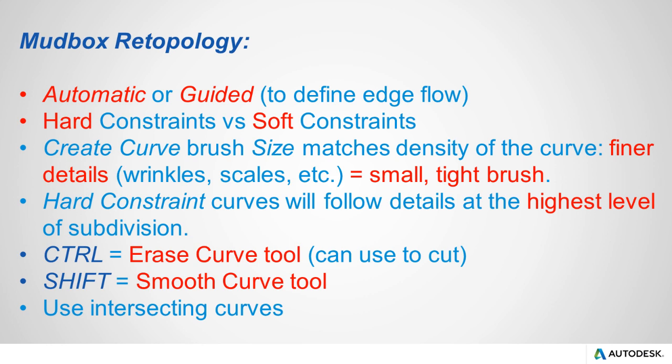The two constraints that exist are hard constraints and soft constraints. Soft constraints differ from hard constraints in the sense that they're more of a suggested edge flow, kind of guiding towards where you'd like the edges to flow. Hard constraints are areas where you're defining specific edge work. You want edges to be, for example, around eyes or around a mouth or around a jawline. You're defining specific areas where you need the edges to be, and the rest of the mesh will fill in that edge flow based upon those hard constraints,